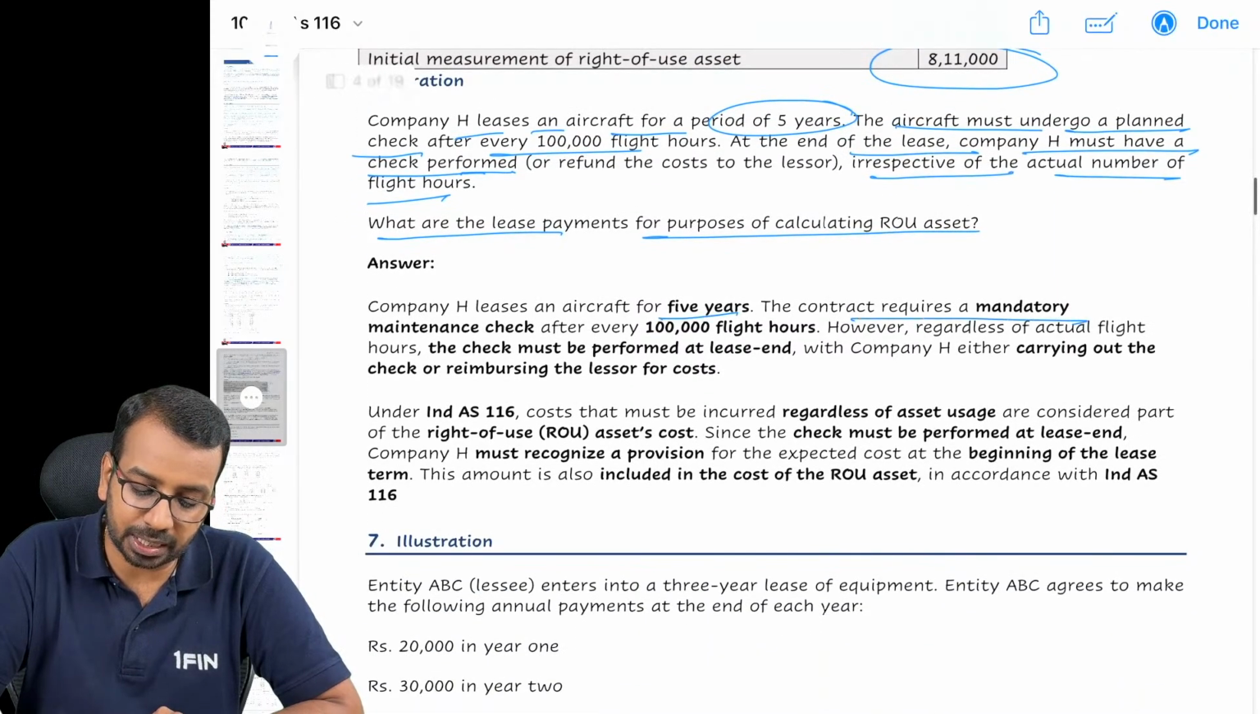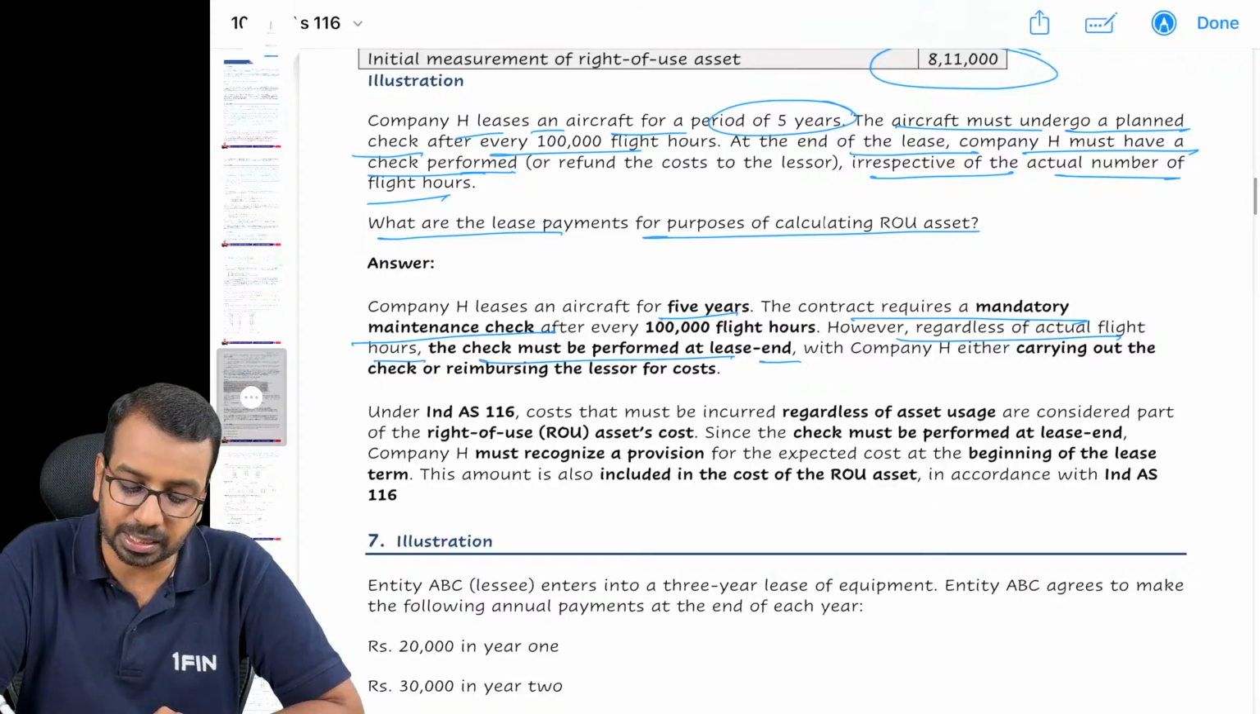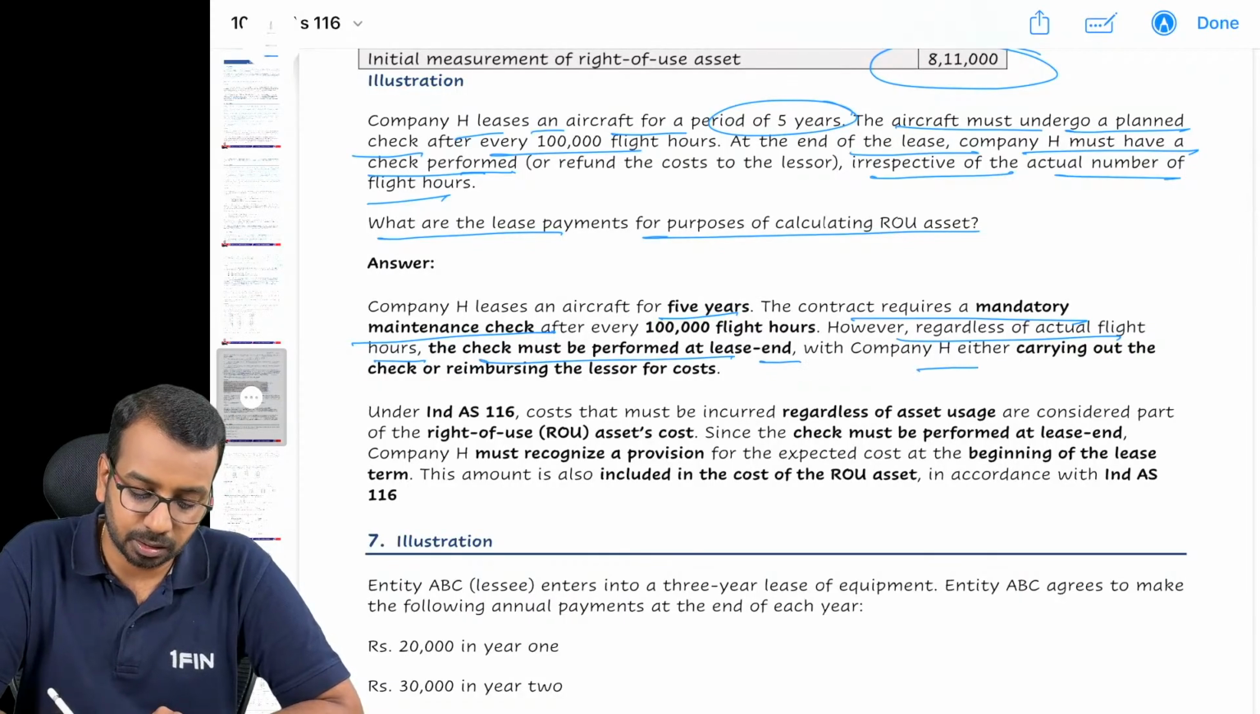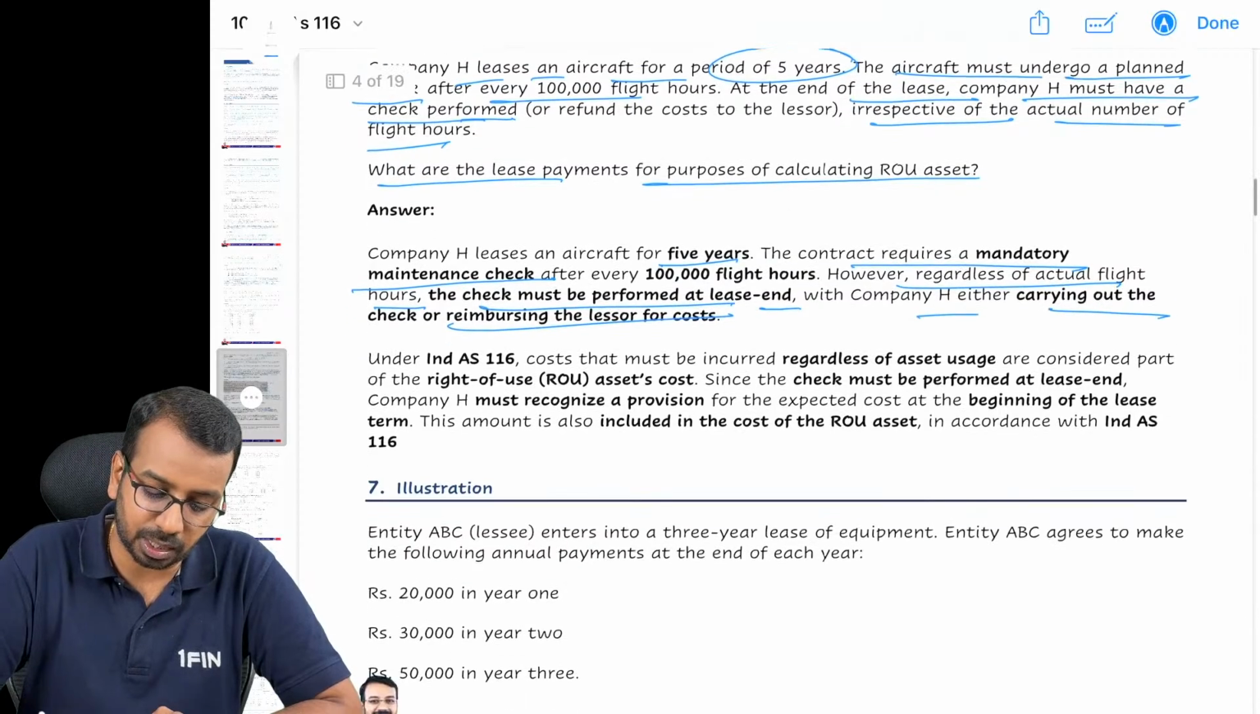So 5 years, contract requires mandatory maintenance check. Regardless of actual flight hours, check must be performed at lease end. Company H can carry out the check or reimburse the lessor. Now here,